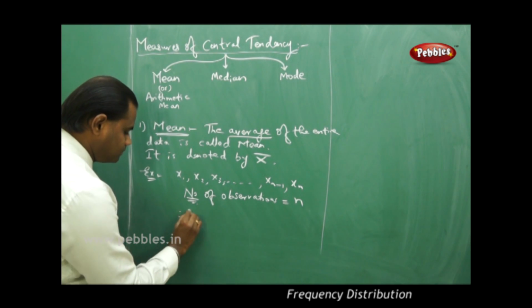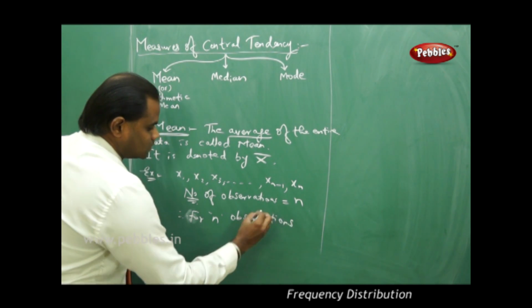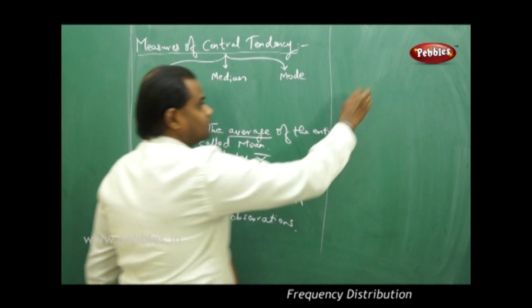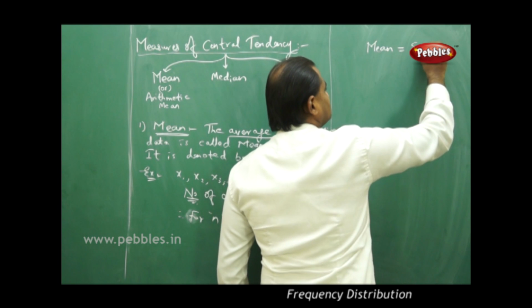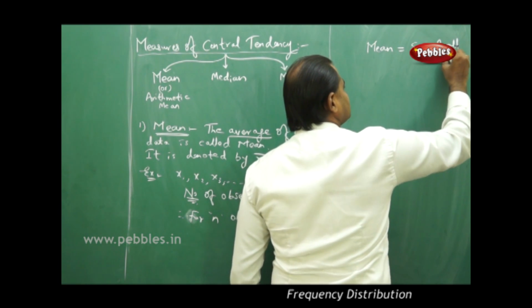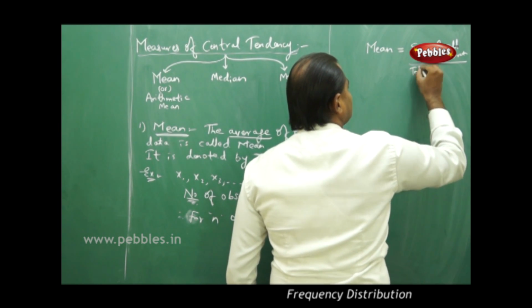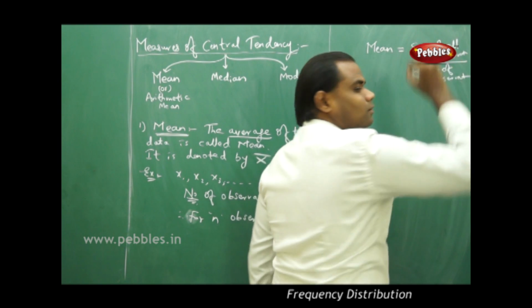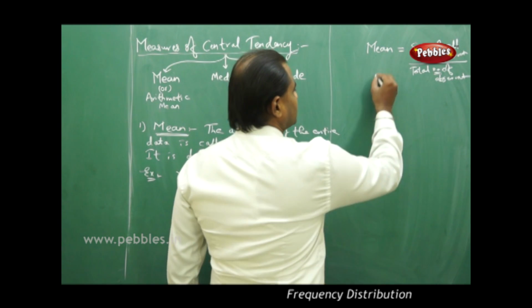So for n observations, the mean is the sum of all observations by the total number of observations. Using this definition of mean, sum of all observations by total number of observations,